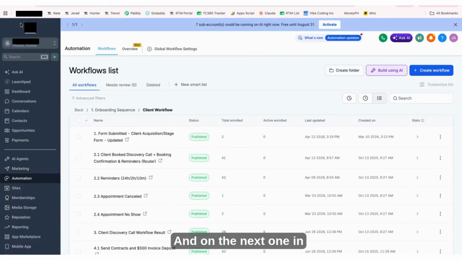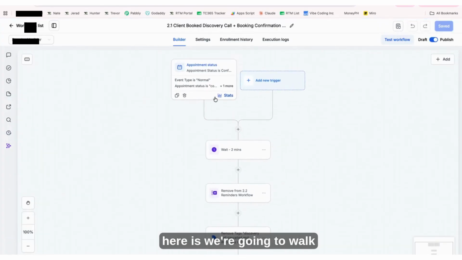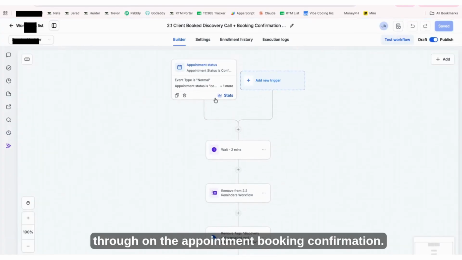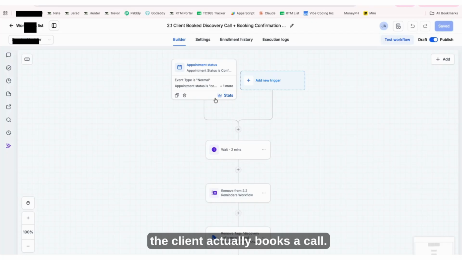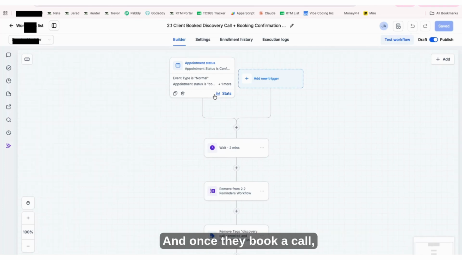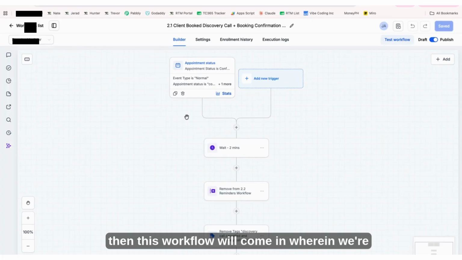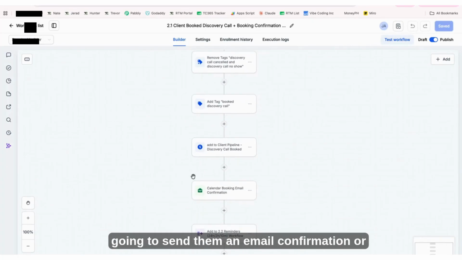On the next one, we're going to walk through the appointment booking confirmation. So let's say the client actually books a call. On the website that I built for a client, they actually have a calendar directly wherein the client can book a call. And once they book a call, this workflow will come in wherein we're going to send them an email